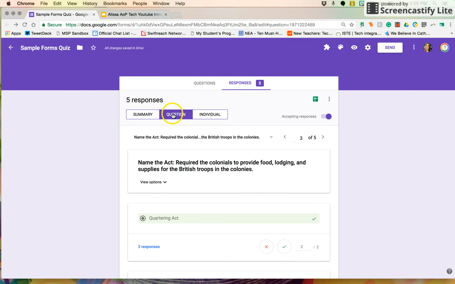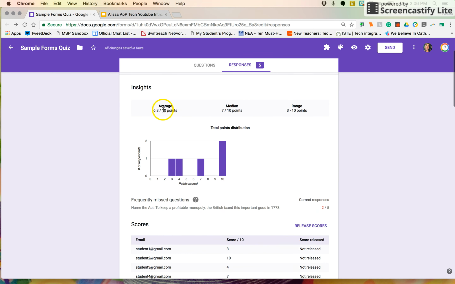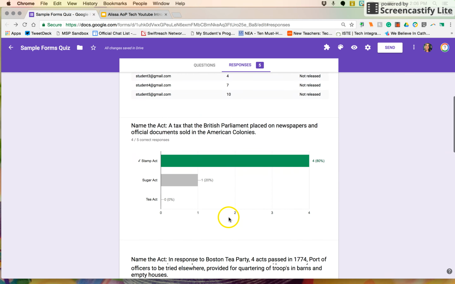It'll be reflected after you do so and you click save, both in their individual view, like we clicked over to, and if I go to the summary, I can see that the average and the median went up. It gave student 1, who previously had 2 points, now 3 points. It gave student 4, who previously had 6 points, 7 points there. So it gives the opportunity